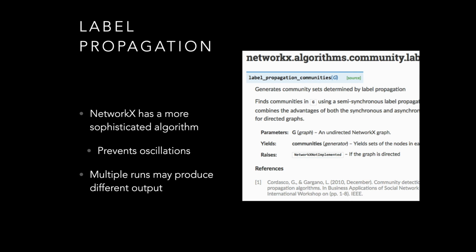A key point to know about label propagation, and in fact most clustering algorithms, is that since we don't necessarily know what the ground truth is for clusters, multiple runs may produce different cluster assignments. And that's not necessarily a weakness, but it is a thing you have to be aware of when you're running these